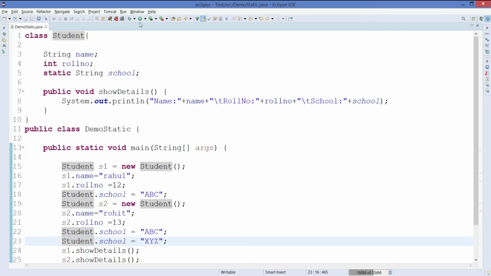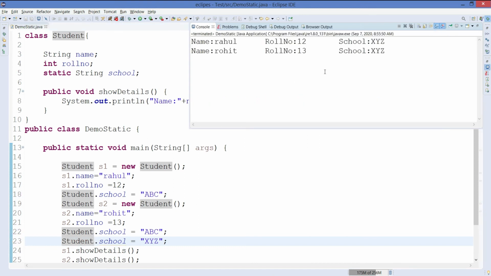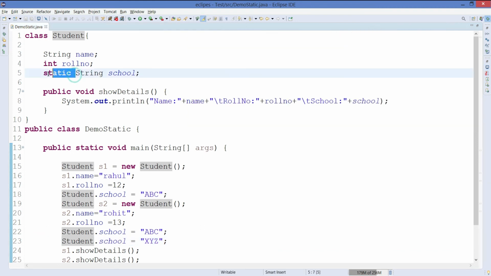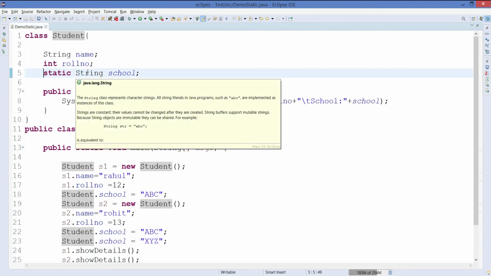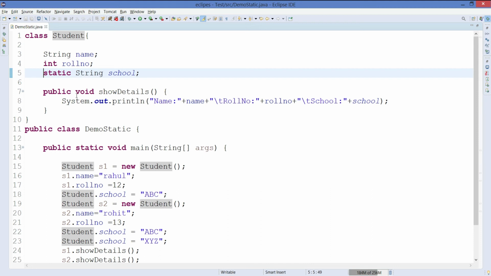Yes, if I save and run the program again, you can see there is no change in the output, and the output is showing exactly as when we were using the object. So when you are giving any attribute as static, then objects are not necessary to be created. With the help of the class name, you can access those attributes and even the methods also. Next, so that's the whole explanation for a static variable: if a variable is declared as static, what happens internally.